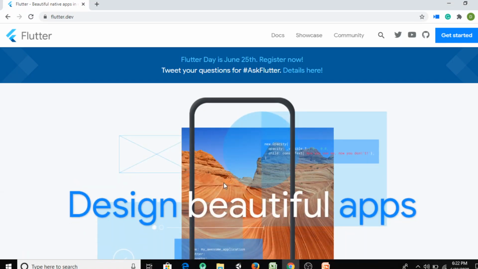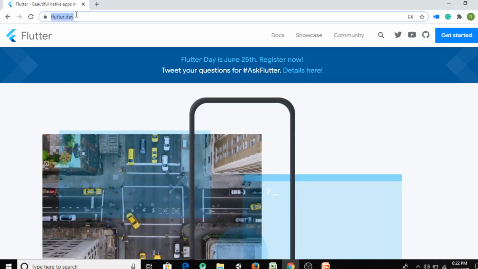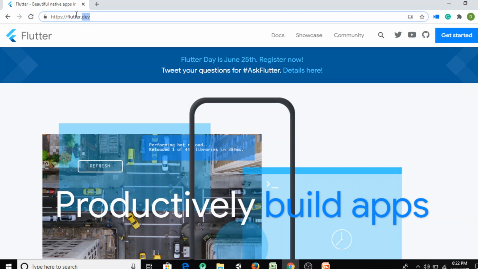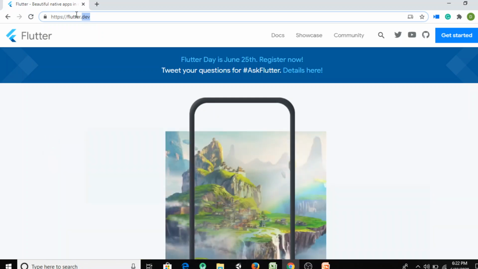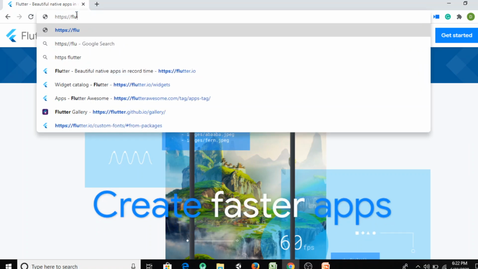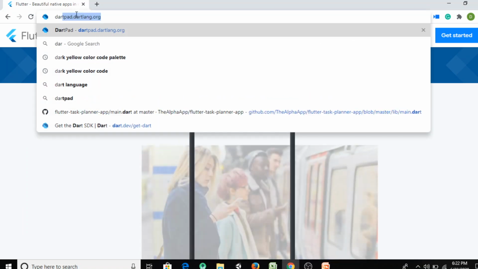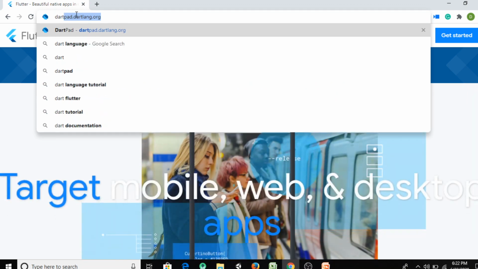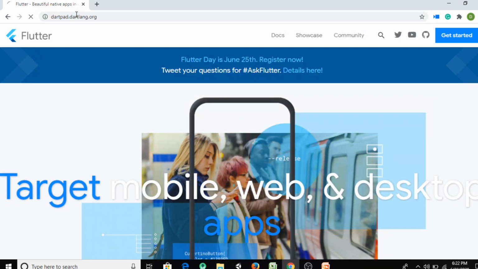It's an online tool that lets you play with Dart code from any browser without having to install it on your system. We can reach it just by typing dartpad.dartlang.org.